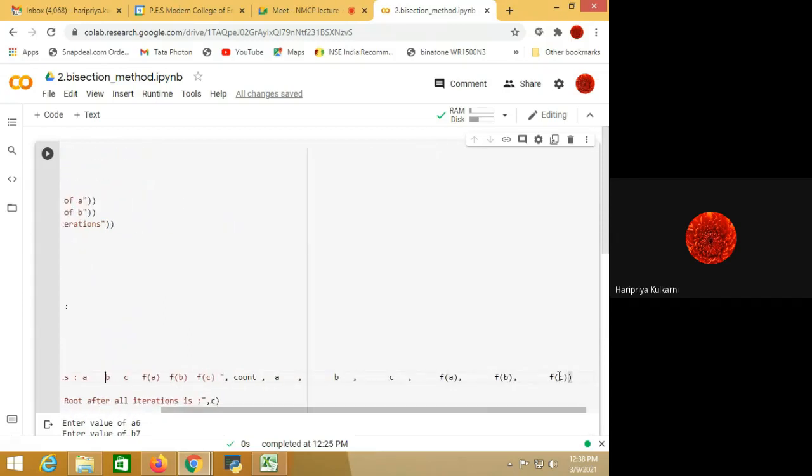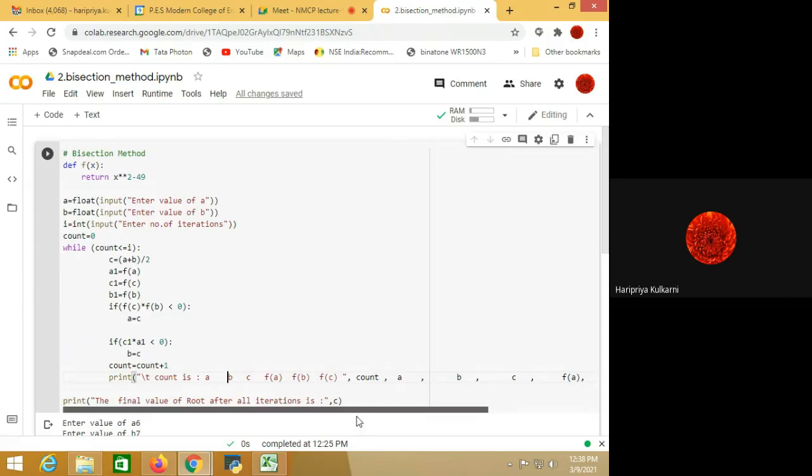So here we have completed the statement, and one iteration is completed. Once it is completed, again it will go to while. Our count initially was 0, now it is 1, because count equal to count plus 1. So 1 is less than, say, number of iterations 4. 1 is less than 4, yes, it will execute again. Then for 2, for 3, for 4.